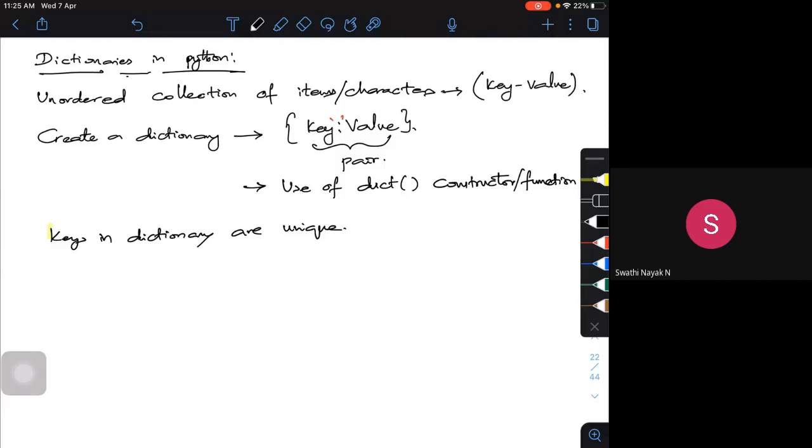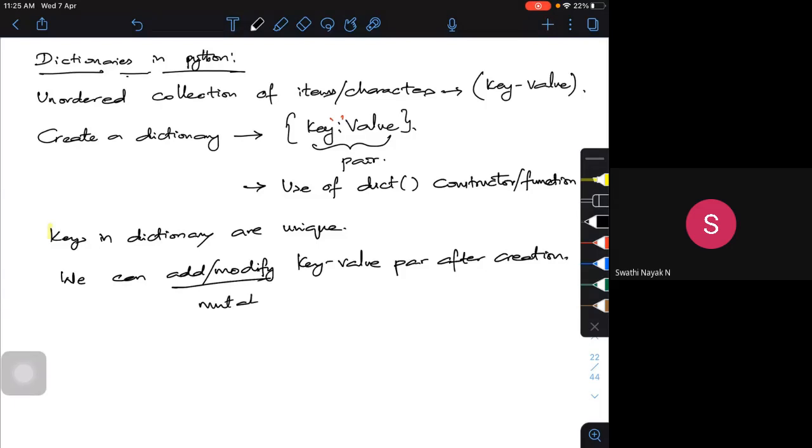So we can add, modify, or remove a key value pair after creation. That means they are mutable.